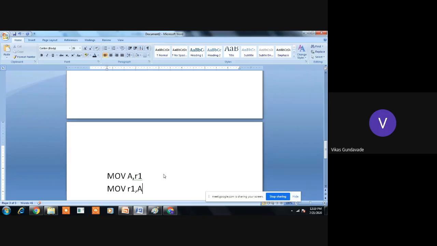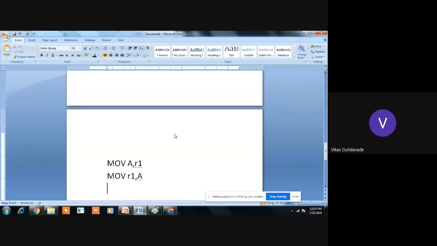So data transfer always takes place from the right hand side towards the left hand side, or from the source register to the destination register. Similarly, we can write move R1, R2. Here the contents of R2 are transferred into R1, and so on. Everybody is getting it?